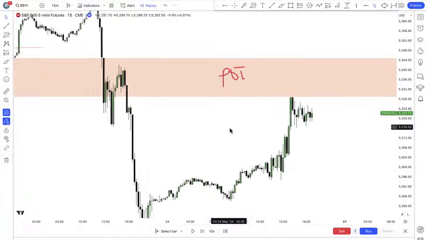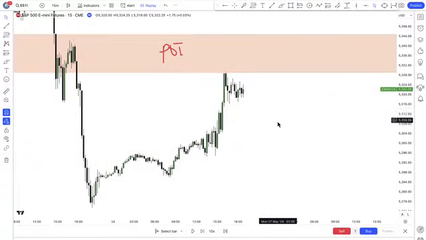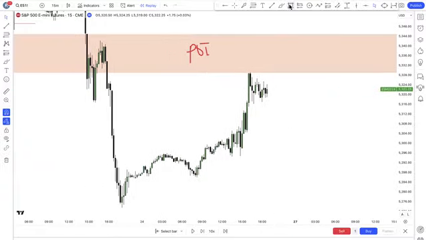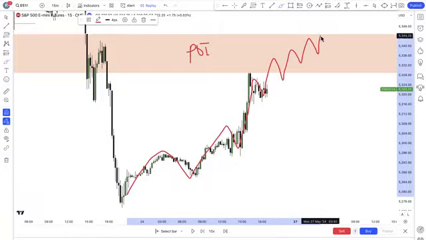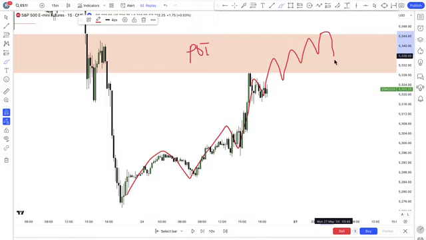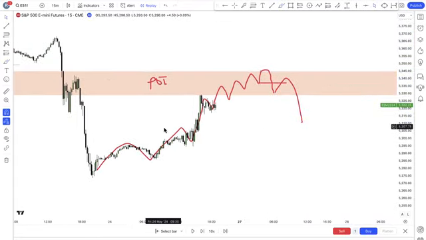Definitely no. So what I would do is to now bring in the concept of change of character, market structure shift. What is this? An uptrend formation. All right. As far as I have this, I have an uptrend. So I have no business selling until I have a market structure shift, just like it has happened in the 4-hour time frame. If I have a market structure shift, it is simply confirming to me that I am ready for the sell.